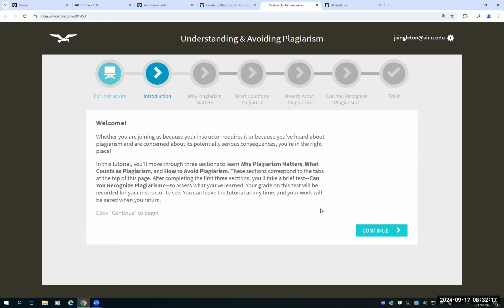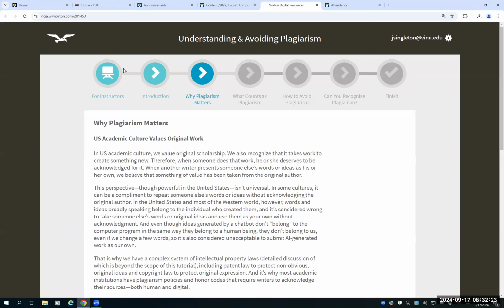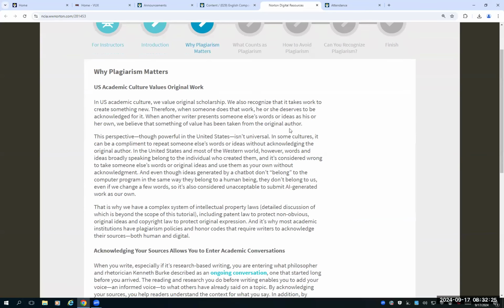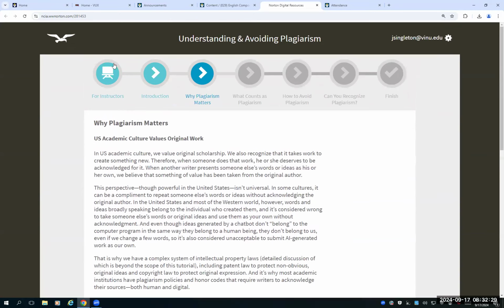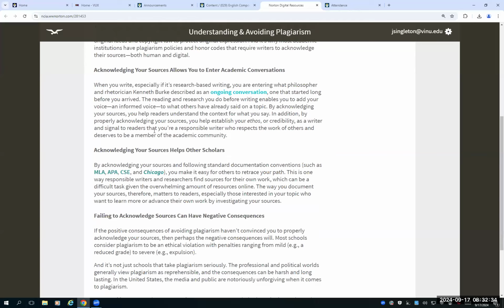This exercise is to help you understand plagiarism a little bit better. So you would click on to start this. There will be some information that you're going to read about why plagiarism matters,